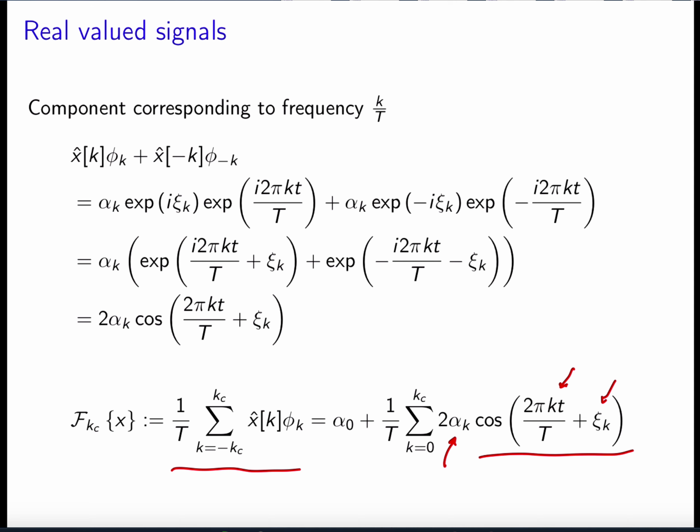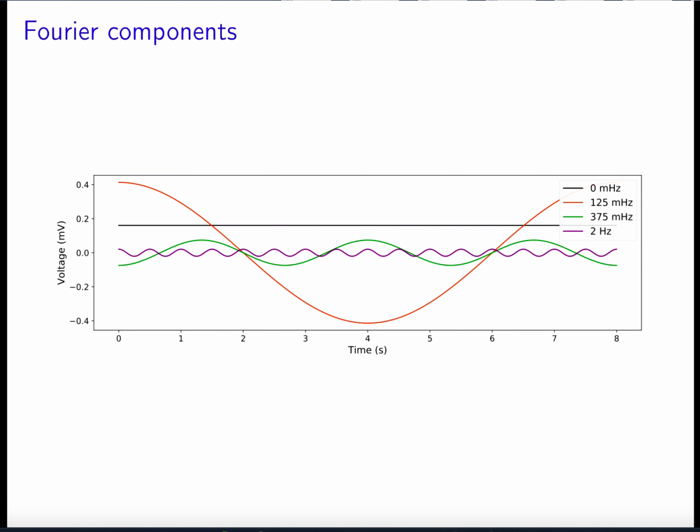We're going to show you some of these components for the electrocardiogram. Also realize that for the component that's 0, you don't do this because there's no negative part corresponding to 0. There you basically just have a constant function. So these are the different components. This is the constant component. And now we have